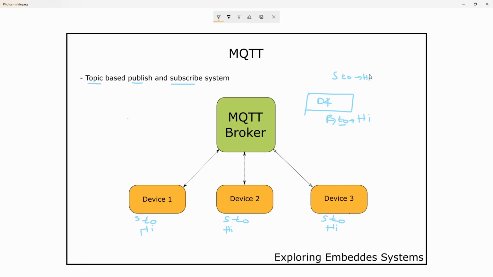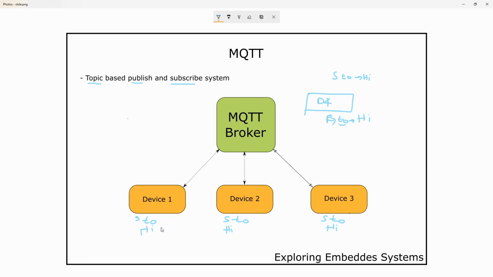It is not that a device can only be in a subscription mode or in a publish mode. It can be subscribed to any topic and publish on a totally different topic or on the same topic. That will also work. Once this publishes to topic T0, as all these devices are subscribed to T0, all of them will receive the message.